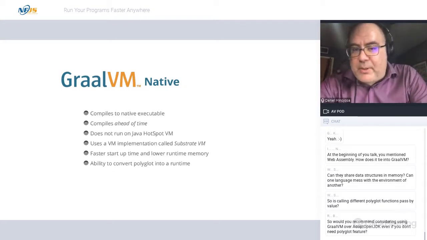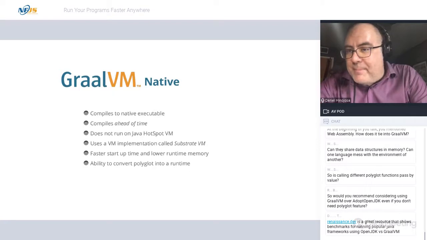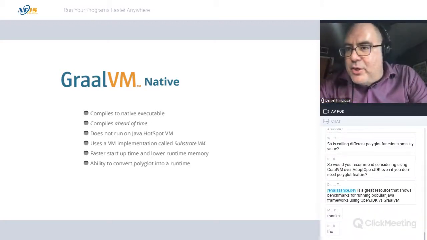There's another VM called Substrate VM, which will interpret that code. Faster startup time, lower runtime memory, and this is the selling point for Graal. This is the thing that has been pushed extensively by a lot of these new microservice frameworks, including Quarkus,